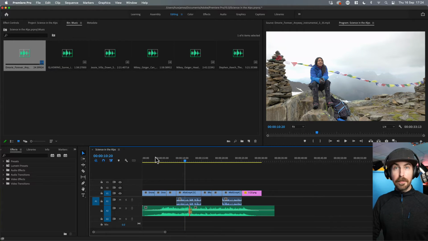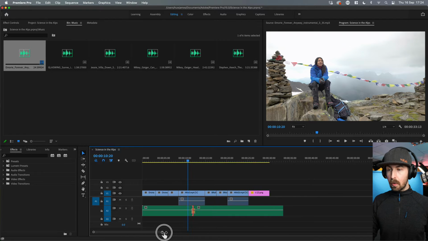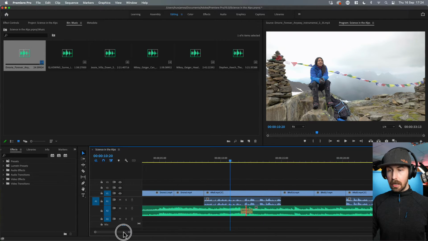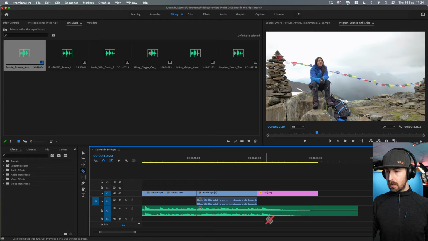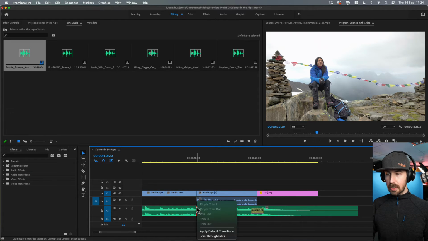Which sounds great, apart from the fact that the music's playing really loudly whilst Tamara's talking. So to get around that, all I'm going to do is zoom in a bit, and I'm going to use our razor tool. You can press C for that, or come over to this razor tool section here. And when she starts talking, I'm going to hit the audio track there, the music, and there, and also there, and right at the end over here too, where she stops talking there. Then I'm going to press V, or use our selection tool, and I'm going to hit this with on every splice. I'm going to hit right click, apply default transitions,